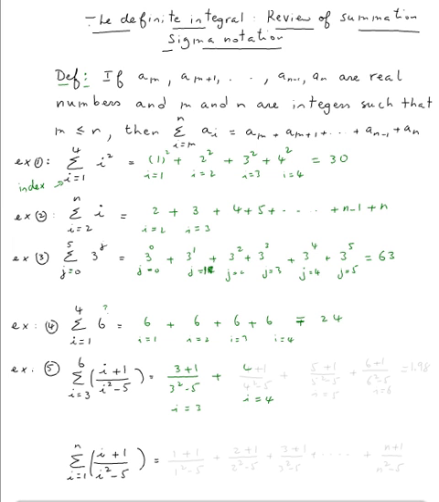So 4 plus 1 over 4 squared minus 5, plus when i is equal to 5, you'll get 5 plus 1 over 5 squared minus 5, plus when i is equal to 6, you'll get 6 plus 1 over 6 squared minus 5, which is equal to